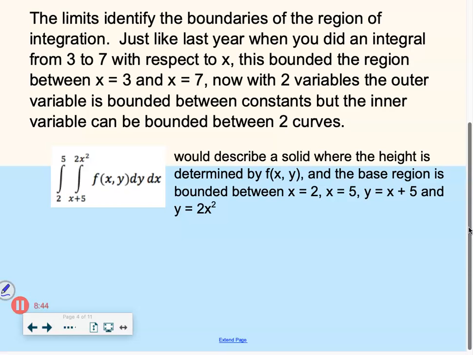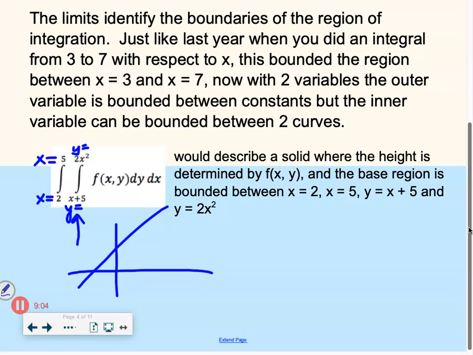I'm going to draw some more things. So the inner boundaries, these are y values, and then these are x values. So what does this mean? This describes, like this right here. This is the function y equals x plus 5. This is the function y equals 2x squared. So this is our region,